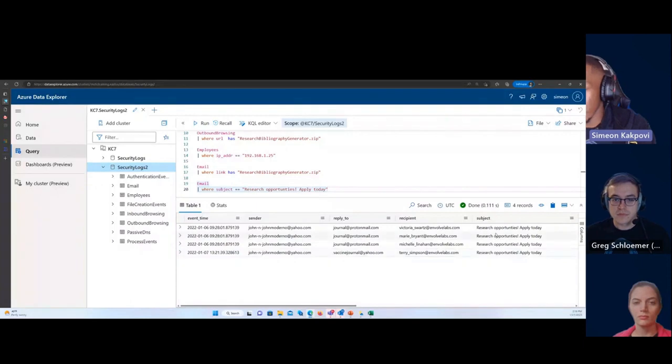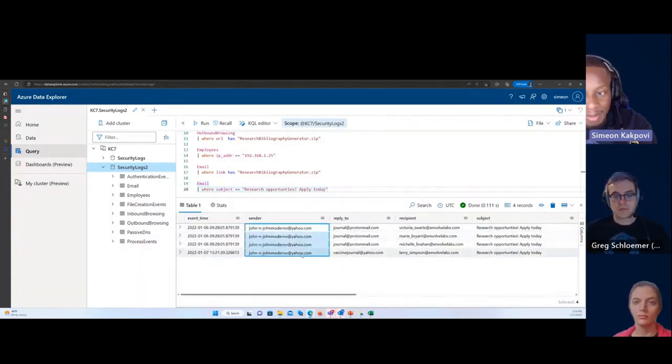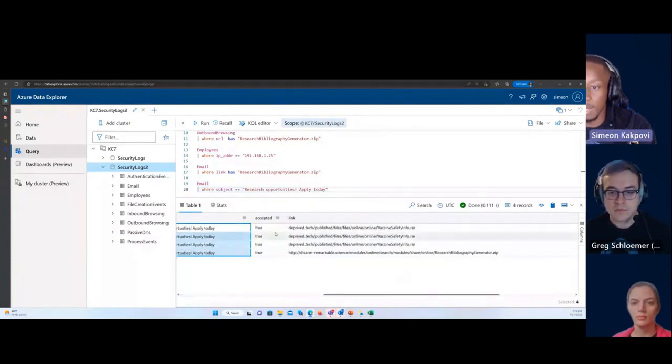And it looks like it's true, right? We see four emails that were delivered by actually the same sender, with two different reply-tos to four different users using the same subject. If we look at the links, we see that they have a new domain and a new file name.